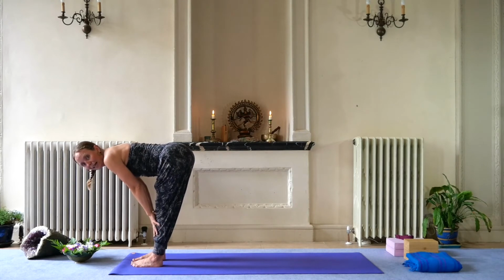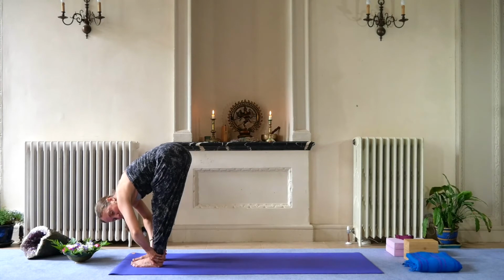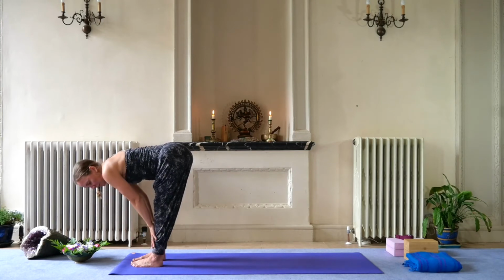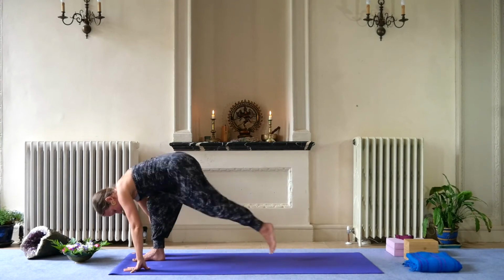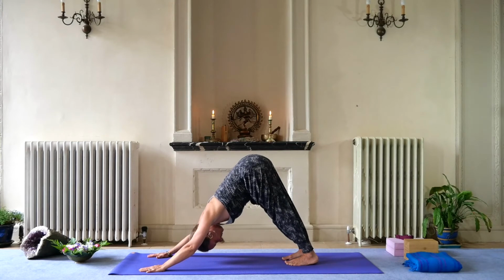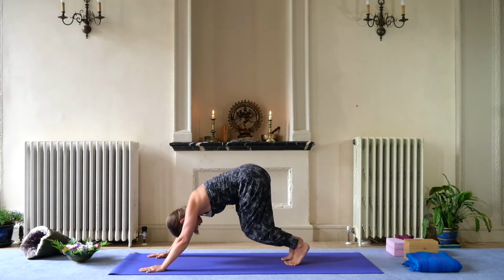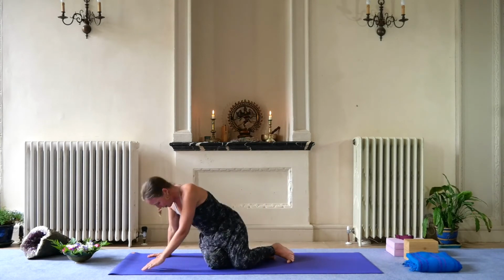Inhale, lengthen up. Exhale, forward fold. Inhale up and then exhale, forward fold. Bend the knees and step back into downward facing dog. Lower your knees down and bring yourself onto the mat the other way round so that your